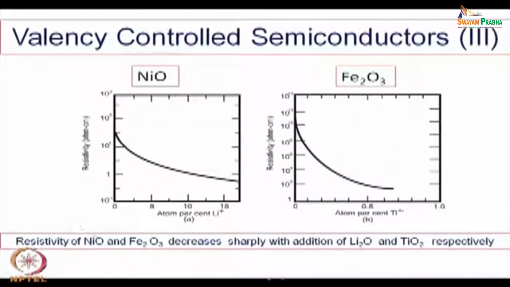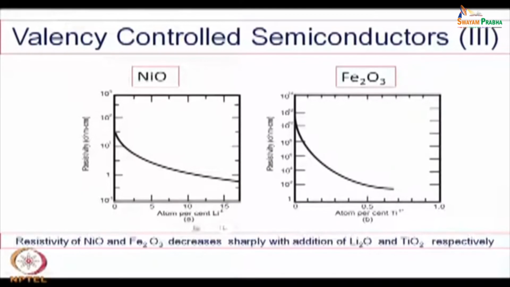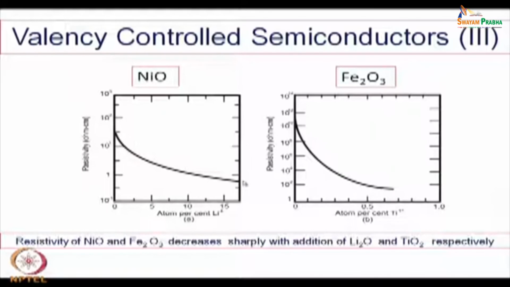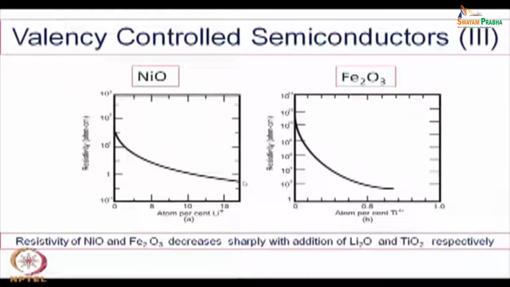And these are the conductivity curves or resistivity curves here as a function of lithium content for the NiO and as a function of Ti content for the Fe2O3, and there is a sharp fall in resistivity when you add more and more lithium ions or titanium ions to Fe2O3. So, in both of them you can control the resistivity or increase the conductivity by this kind of valency control mechanism